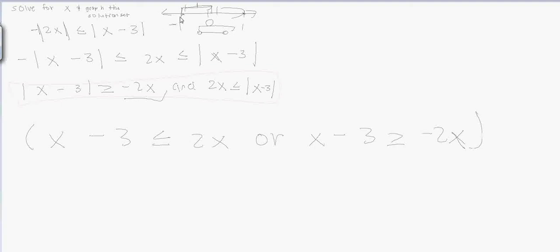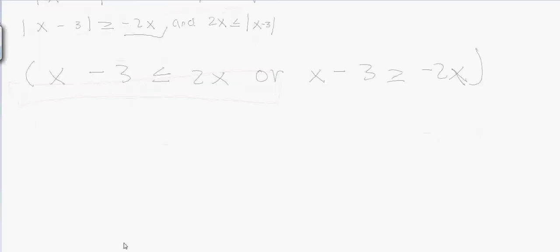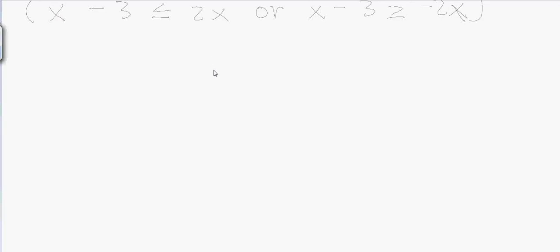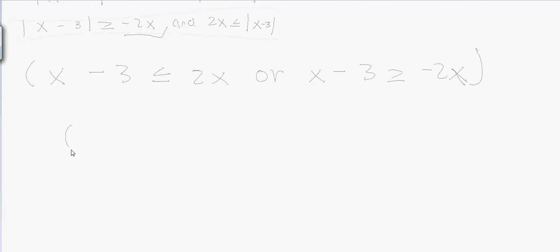So it'd be less than this, or it'd be greater than negative this. Recall on a number line, to go from negative 1 to 0, you must add a value. Oftentimes people get confused because they think, oh, I should subtract because it's going back to a lower number, but no, because you're in the negative range, you must add. That's why it must be greater than the negative, because it must be greater to reach 0. Okay, so when we solve here, we get x is greater than or equal to negative 3, or